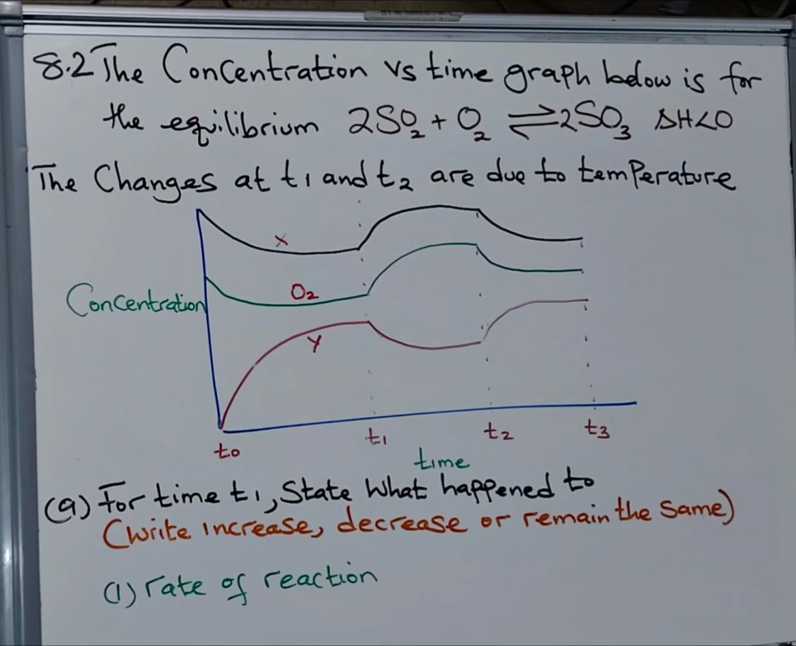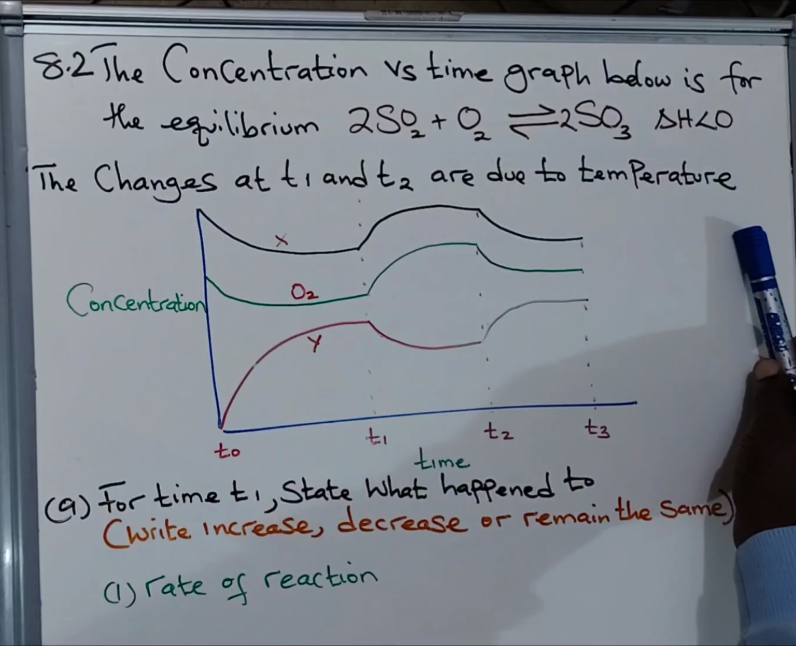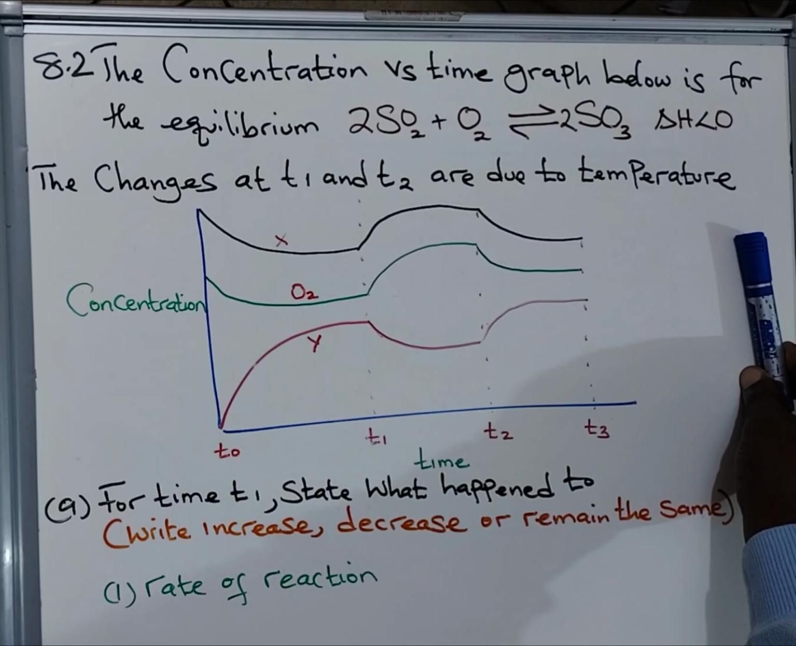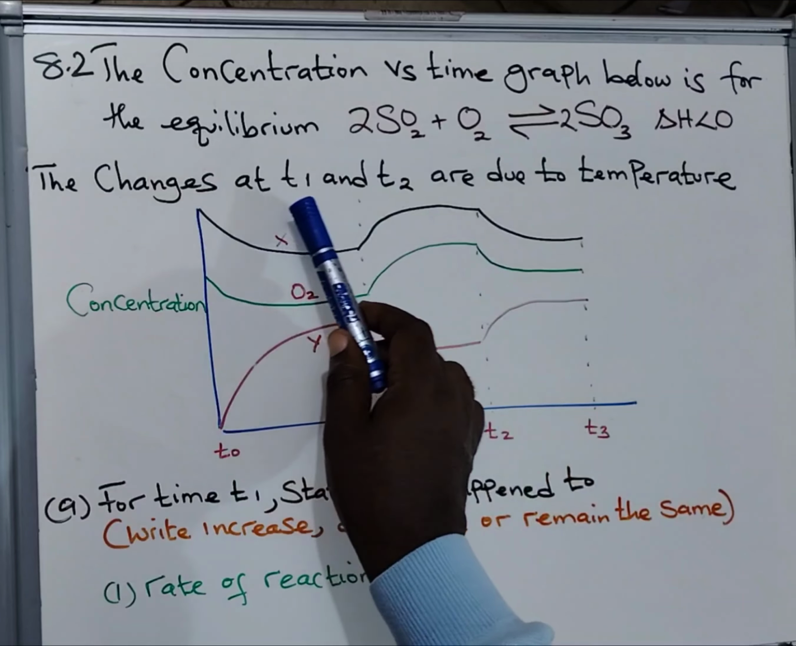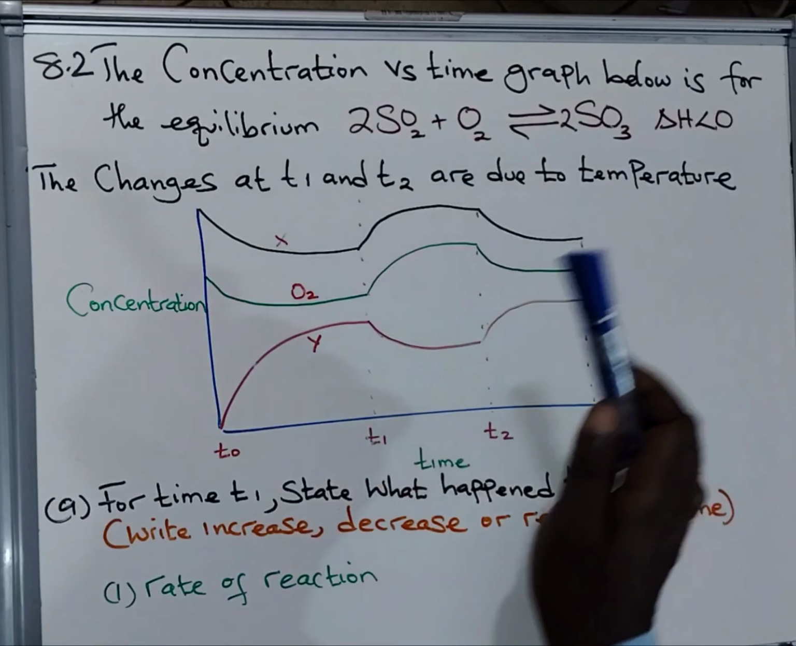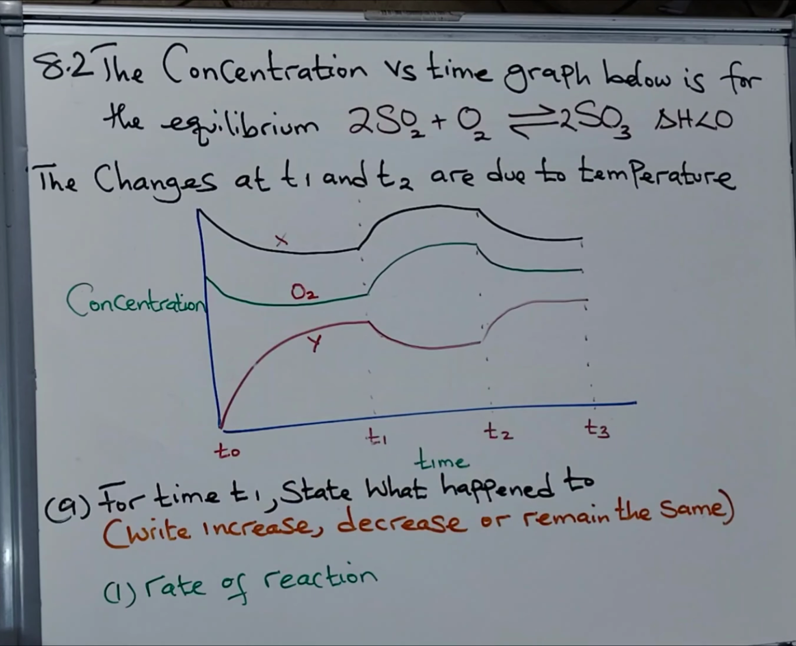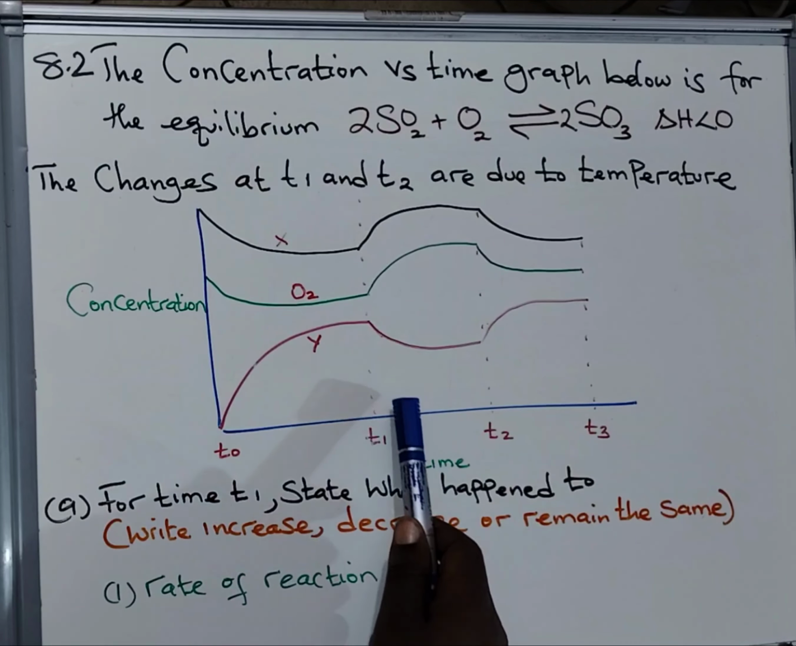Yeah, then comes this question. It says the concentration versus time graph below is for this equilibrium. The changes at T1 and T2 are due to temperature. This is T1 and this is T2. Then the question says, for the time T1, this one,